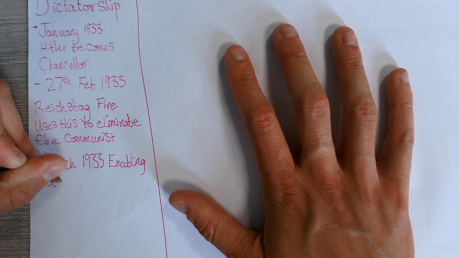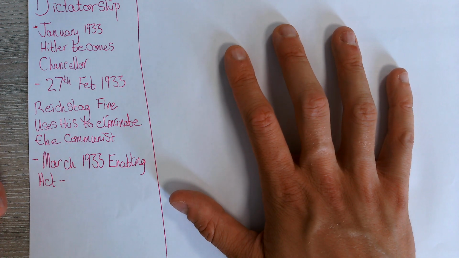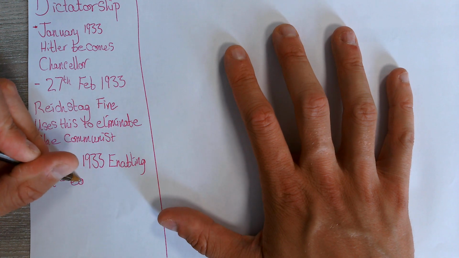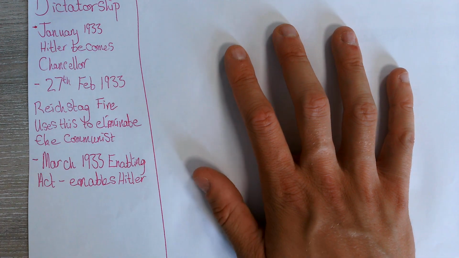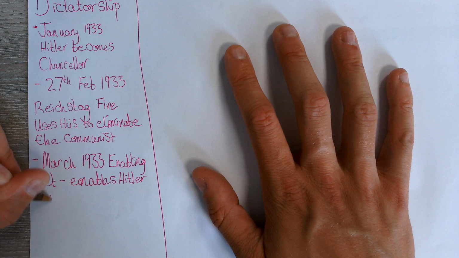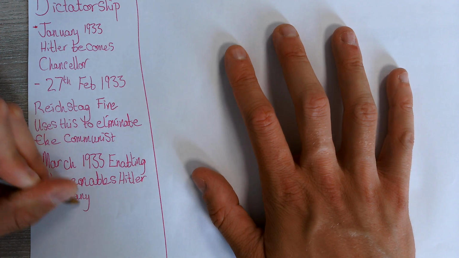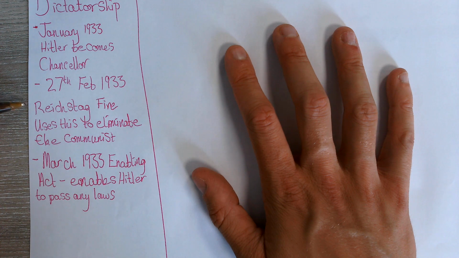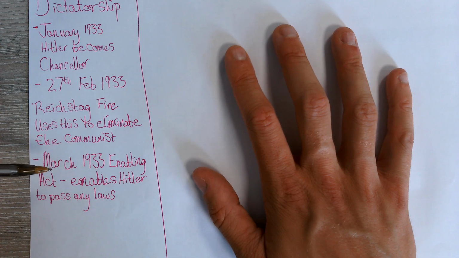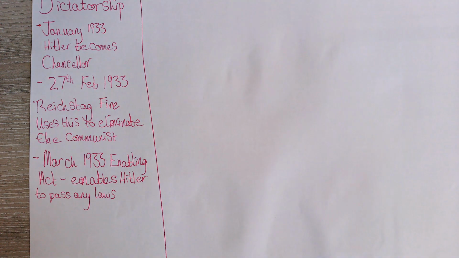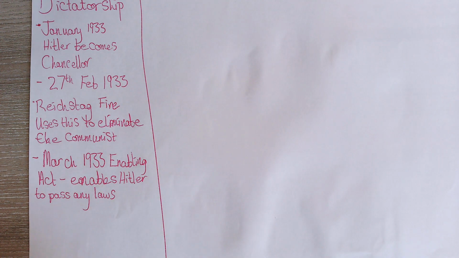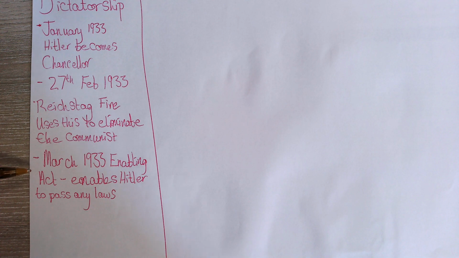And I always like to remember this as the Enabling Act enables Hitler to pass whatever laws he wants. Enables Hitler, or the Chancellor, whoever that is, it just happens to be Hitler, right, to pass any laws. So those temporary laws that he's been given by Hindenburg as a result of the Reichstag fire have now effectively become permanent. It's permanent for a period, I think, of 4 years initially, and then there'll be a re-vote on it. It is actually voted on every time. The Nazis do stick to that, but you can imagine they're controlling and making people vote for it, right? And that is actually what happens here as well.